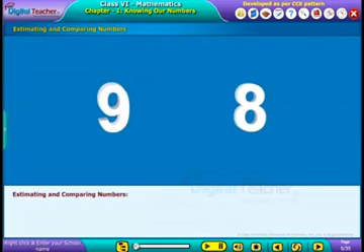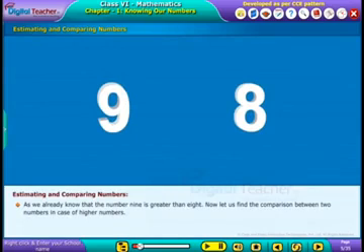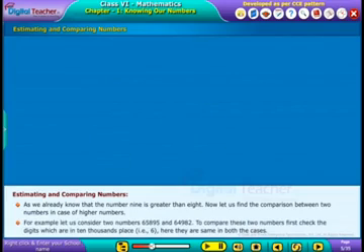Let us know how to estimate and compare numbers. As we already know that the number 9 is greater than 8. Now, let us find the comparison between two numbers in case of higher numbers. For example, let us consider two numbers